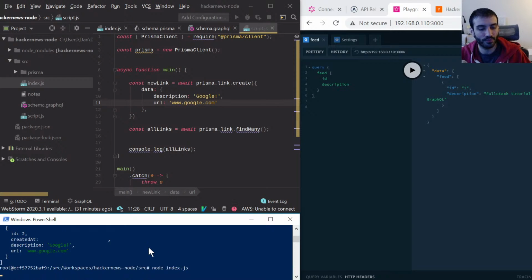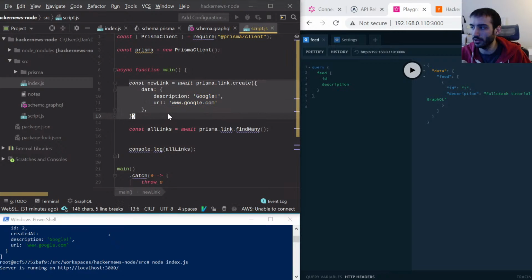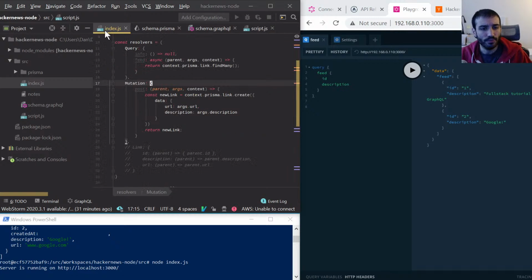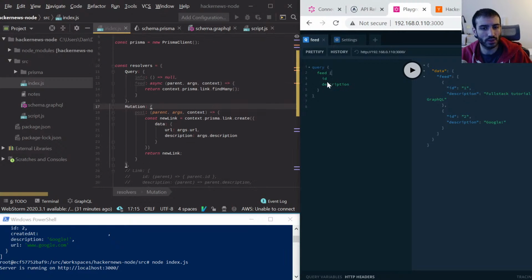Now, if we open our index.js again, the fact that we just wrote this, right? We created the link here. That's written to our local file, right? So if I do this now, I get the other one as well, which is pretty close to a stateful database, but it's just all in flat files. Anyways, that's pretty cool. And so now we can get feed. What else can we do? We can insert, right? We can post, mutation,